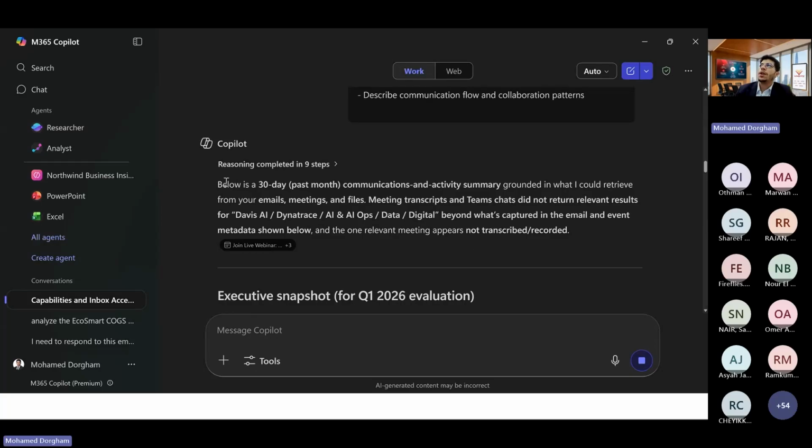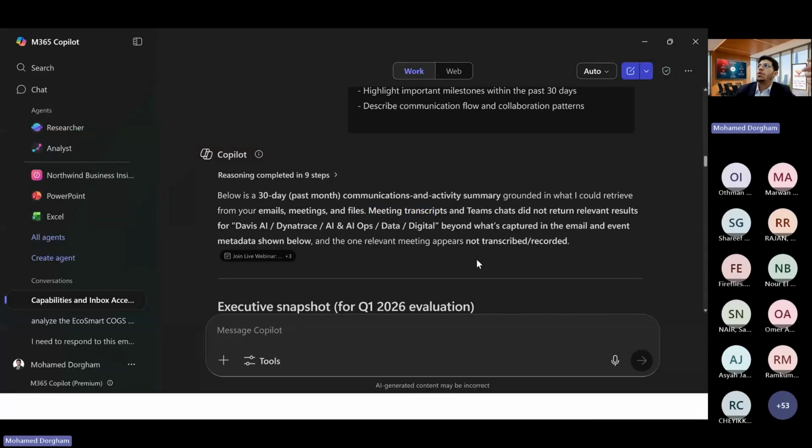So here below, a 30-day past month communication and activity summary, grounded on what I could retrieve from emails, notes, files, and meeting transcripts. Okay. So just for the record, I will try to show you the result, but just to note that the AI might show a couple of pieces of information that are somehow sensitive or related to me.